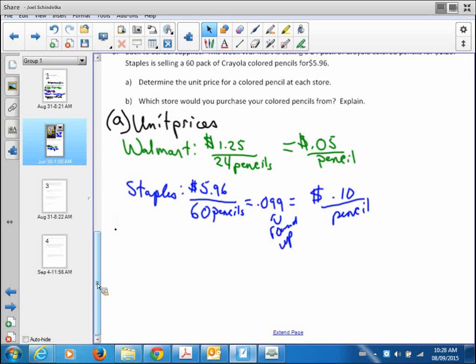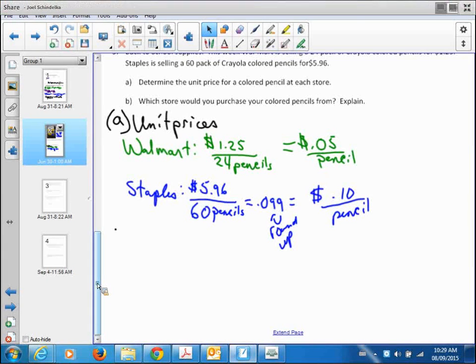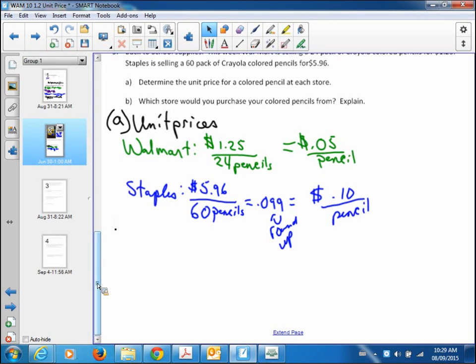How many pencils do you get in that Staples pack? 60. You get way more though. And you remember when you were little, everybody loved the kid who had that supersized crayon set, you know what I'm talking about? Me, I'm a cheapskate, my kids go there with 8 crayons, that's it. And then they want more, I just break them in half. Here you got twice as many, now don't complain. You know, stuff like that. You want 60 crayons? I'll give you 60 crayons. But